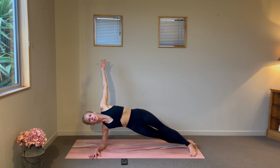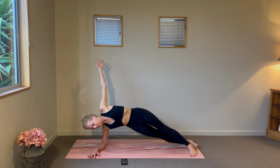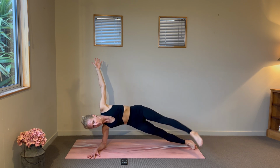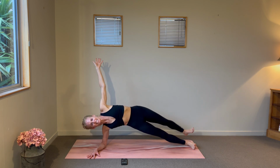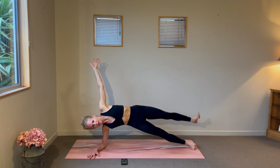Stay with your breath. Lengthen your tailbone towards the front end of your mat. And we're halfway through our minute hold. So if you want to draw a little half circle, crossing that extended right leg, or just tap opposite corners,